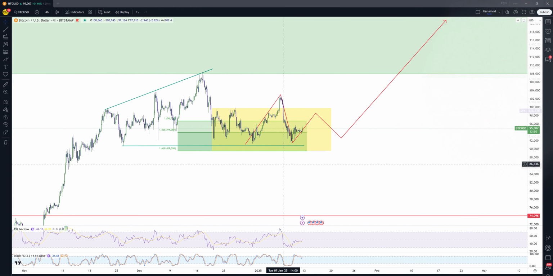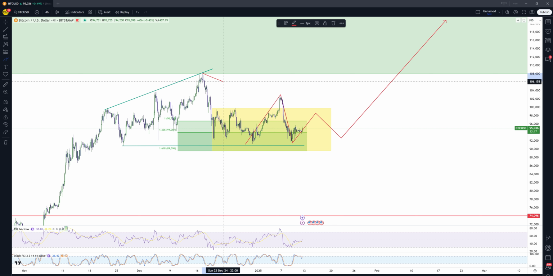For Bitcoin, of course, we have been sharing our views for a long time. We have been bullish since the summer, which most haven't been. So those were the right times to look for long possible setups in this market. At the moment, we have reached a minor cycle peak right here, as you can see from this area. But of course, you should be in our member service to see the bigger picture. And from here, we expected at least a pullback. We have seen the pullback. We believe that this is a flat pullback. So it's a contracting, descending triangle and flat correction, which should resolve to the upside very soon.